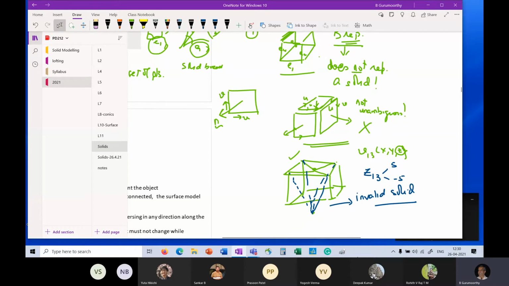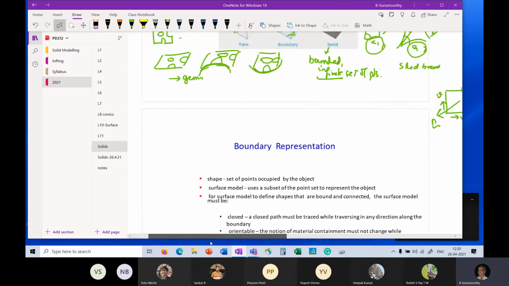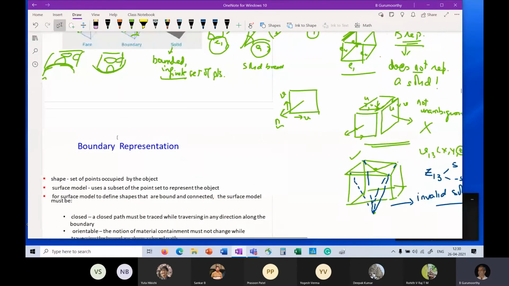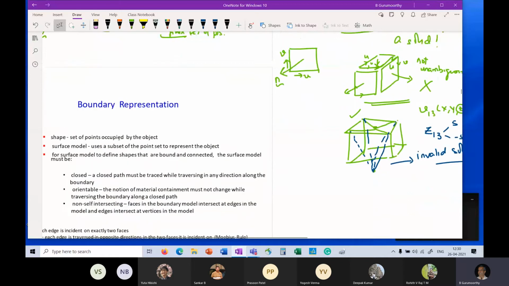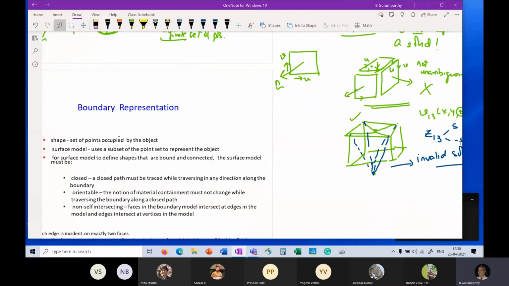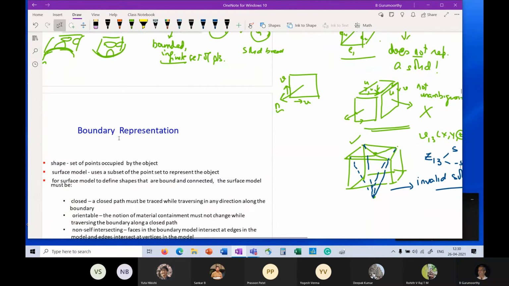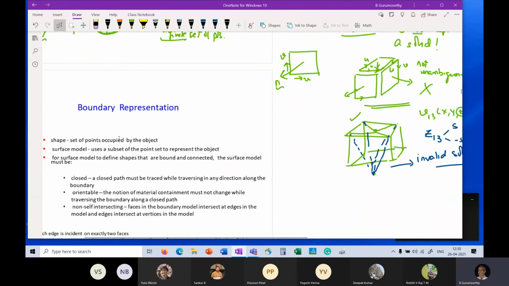The point behind these three examples is what is being said here in this slide. Oh, why did I not shut this? Okay, is what is being said here in this slide, right? So the problem is that the interest that we have is in representing the set of points occupied by the object. But the shortcut we take is that we represent a bounding surface as the representation, not the entire point set.